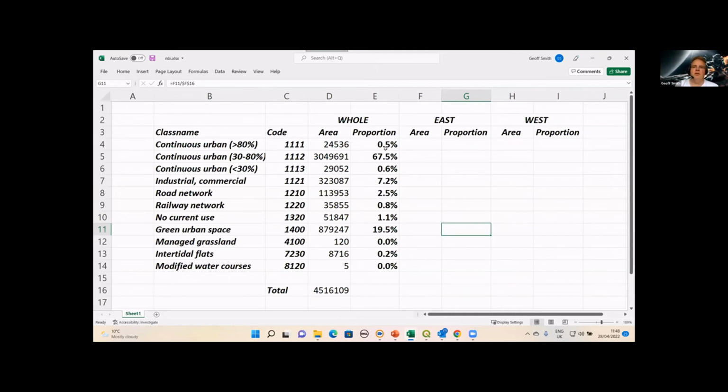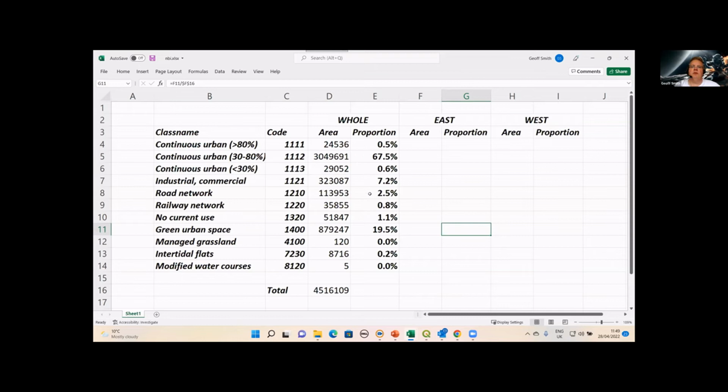So we can look at that, and then very quickly it gives us an idea of what sort of land we have potentially at risk across the whole of the Clontarf area. So it's mainly commercial, mainly medium density residential. There's quite a bit of green space, which is good because that can be less damaged by flooding events, etc. But there is a significant amount of industrial and these rail and road networks as well.